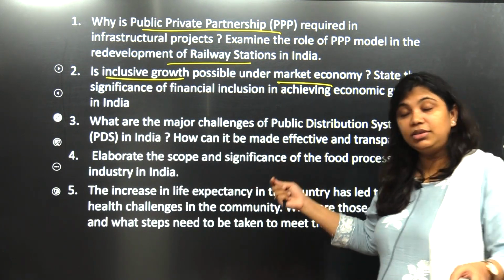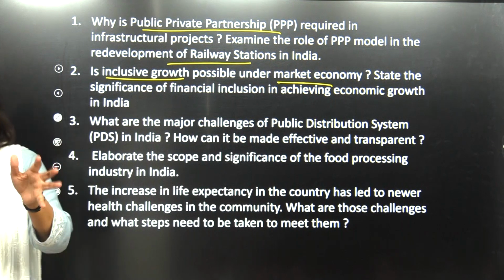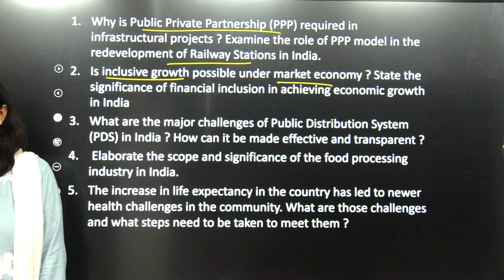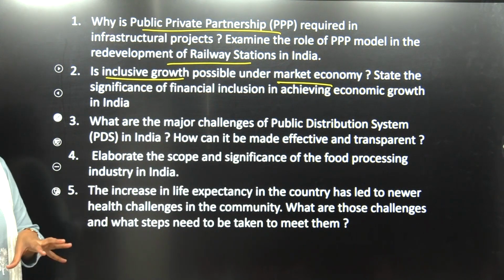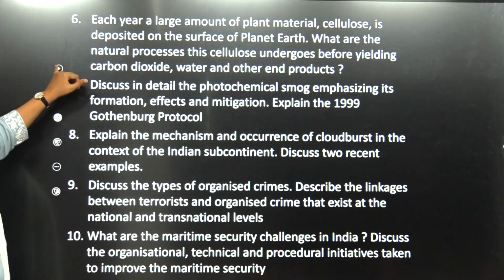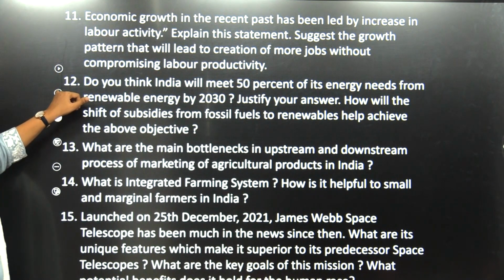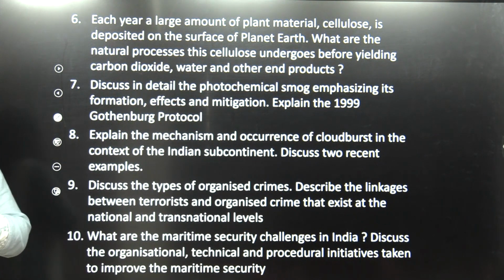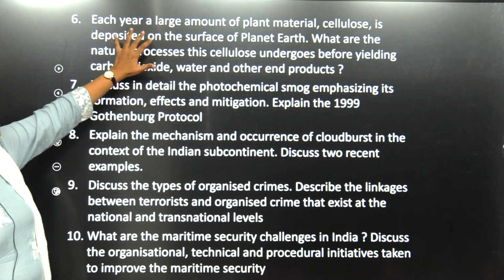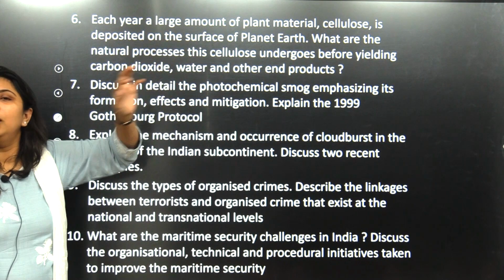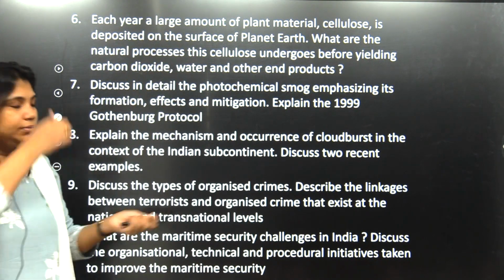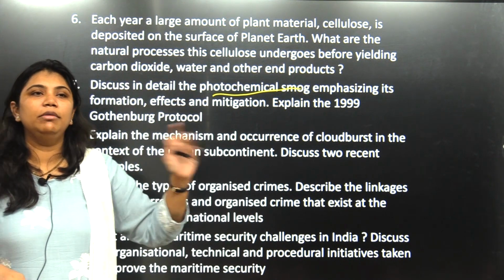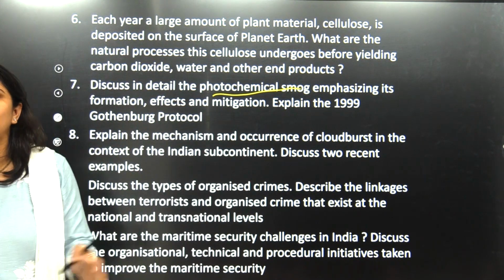Papam datam kuda, this time the question paper was, whoever has control over the static subject is going to clear this exam. And with good examples from current affairs, it is easy. So that is about the economic questions. And even if you take the science and tech questions, few were also from the static. Suppose this plant material, this is a static one. Whenever the winter starts, the topic that runs in our newspapers is smog in Delhi and air pollution. So this is how the topic will be revolving around.